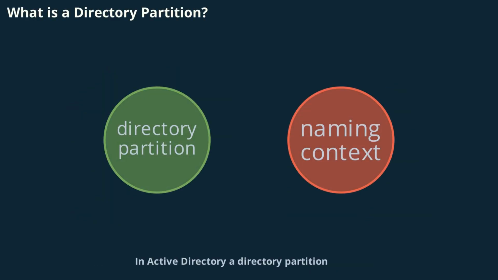security. In Active Directory, a directory partition, also known as a naming context, is a logical segment of the directory database. Each partition serves a specific purpose and has its own replication boundaries. This logical separation allows for efficient management and replication of data, ensuring that only relevant information is shared with the appropriate domain controllers. By dividing data into partitions, Active Directory can scale to support organizations of any size while maintaining